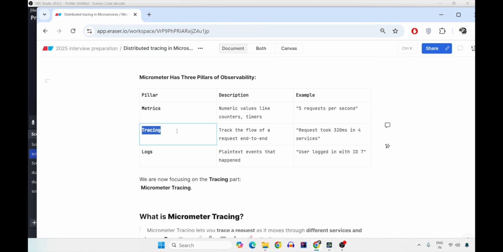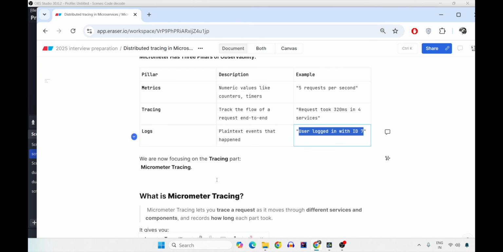It can change to a different microservice. And the logs are a beautiful way of converting into plain text all the events that happened in your complete end-to-end microservice flow. So those are the plain text events that happened in an application. For example, user logged in with ID number 7. This is something that you code with log.info, log.something.